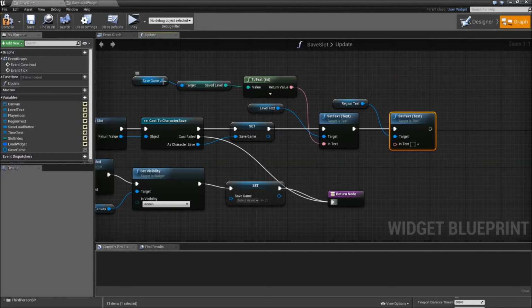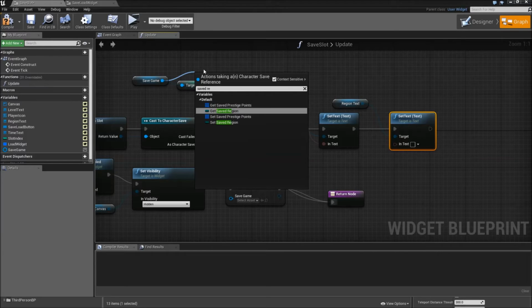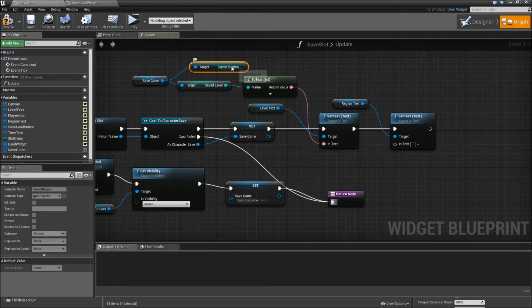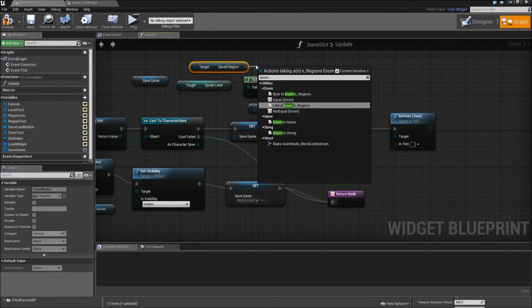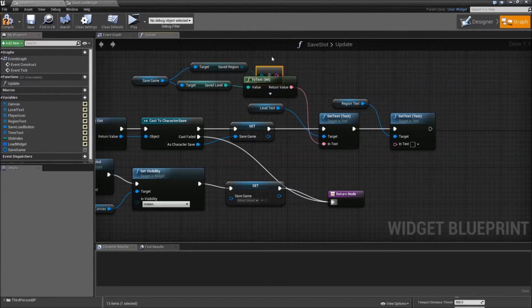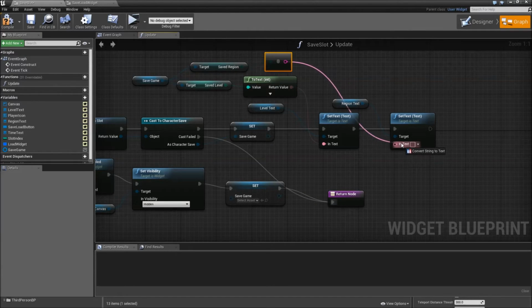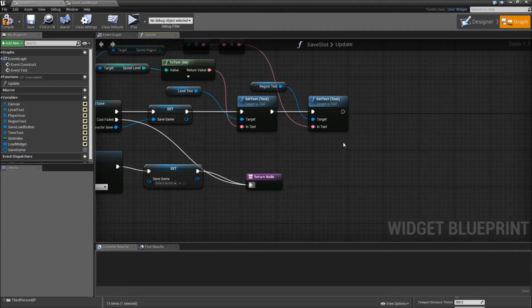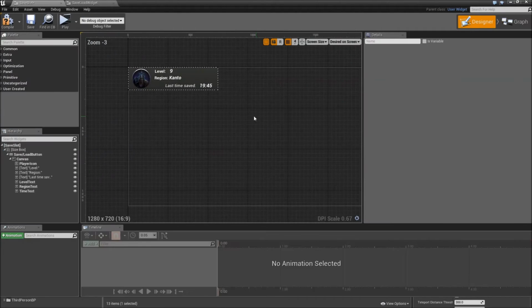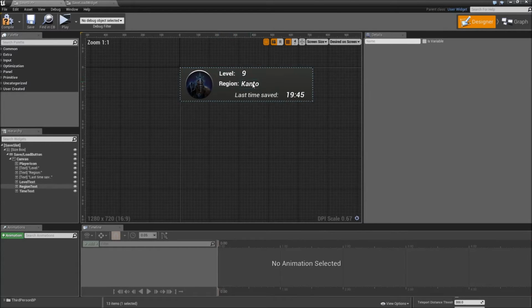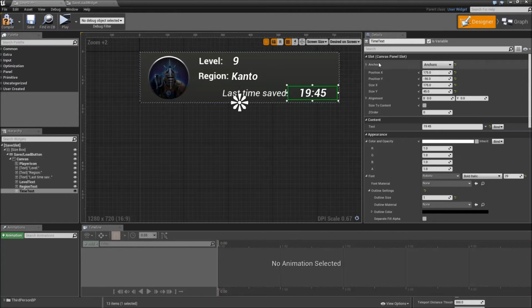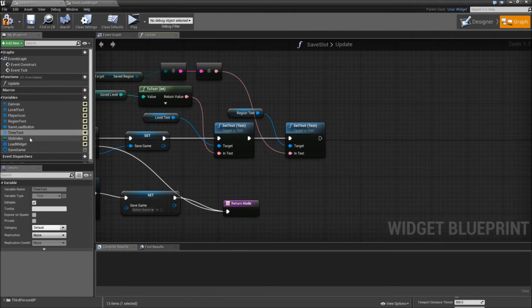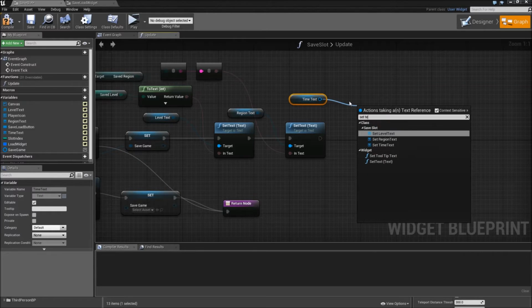The same thing we want to do with the region text, so set text, get the save region of a save game, then we will use enum to string and convert the string back to a text. Okay, so level and region were set. If we head over to the designer tab, you will see that we also have to worry about the time text. So drag in the time text, set text,